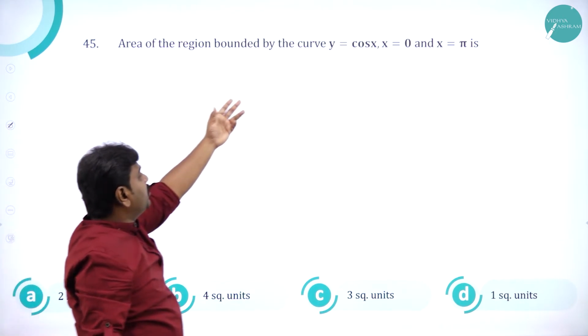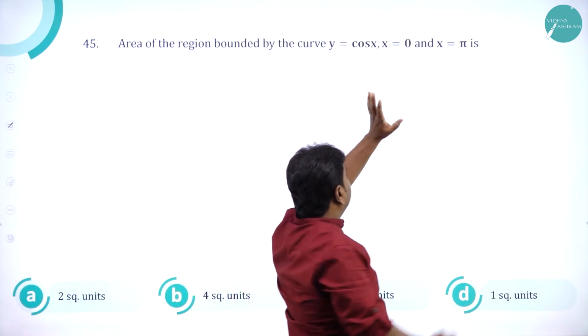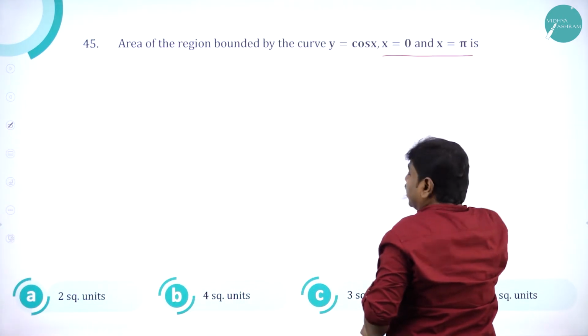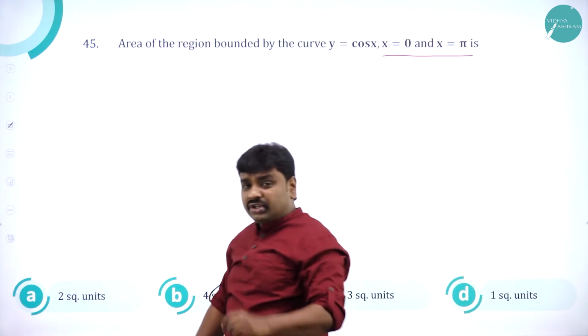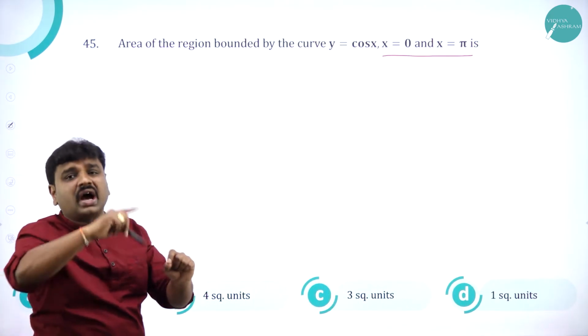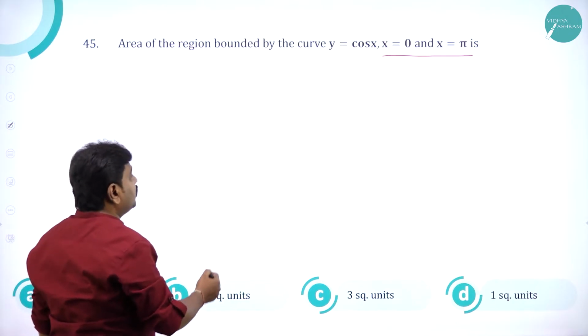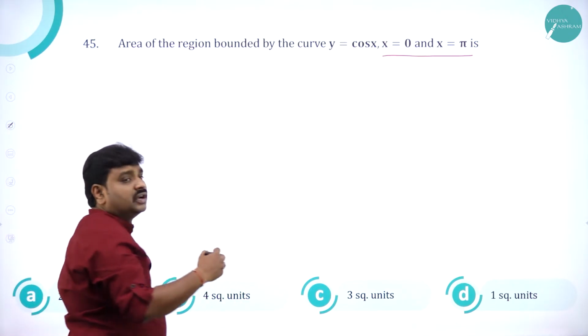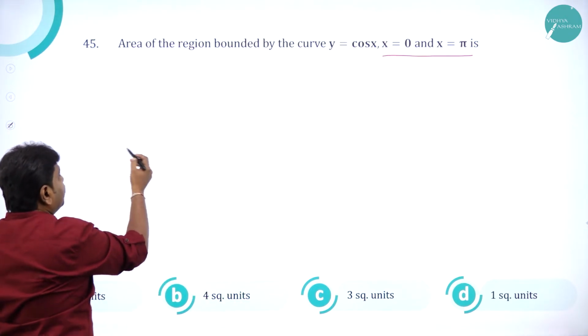Area of region bounded by the curve y is equal to cos x from 0 to pi. I told you, according to me, 0 to pi is called one arc. So actually for 0 to pi, if you draw the graph you waste your time, so instead of wasting your time,